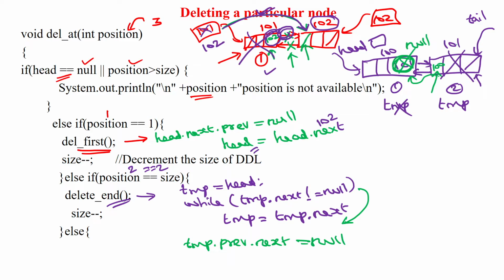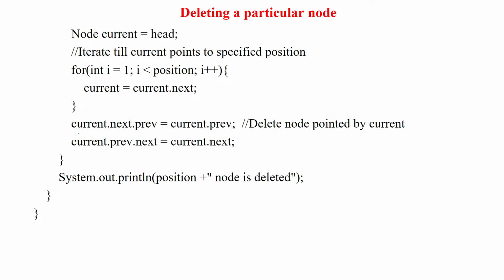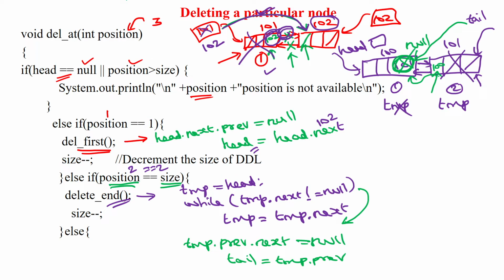If it is made as a null value, then the tail pointer should be updated. So tail will become now the temporary dot previous. So this is the way to delete the node at position equal to size. Then otherwise, if my position is 3, okay, here my position is 3, then